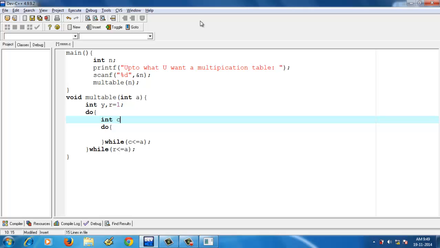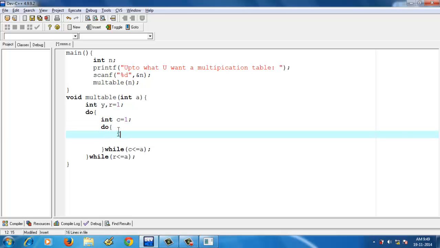Okay, int c equal to 1 means whenever the row is limited up to 3, after the row goes to the next row, again the column starts from the first column. So we need to specify again c equal to 1 here.